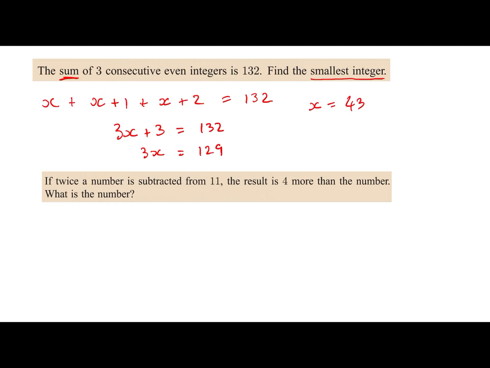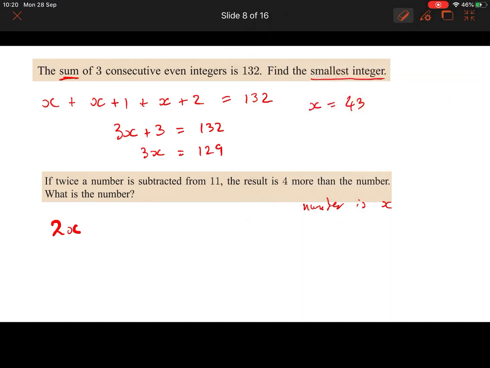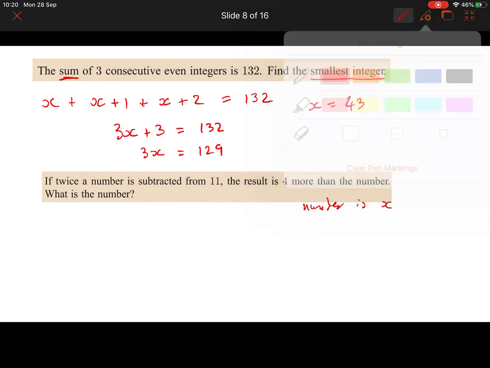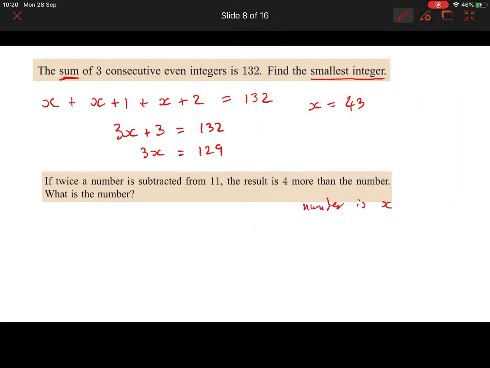Now, if twice a number is subtracted from 11, the result is 4 more than the number. So let's say the number is x. Twice a number is subtracted from 11. Now be very, very careful with that. We're not saying subtract 11 from twice a number. We're saying subtract twice the number from 11. So it's 11 minus 2x,